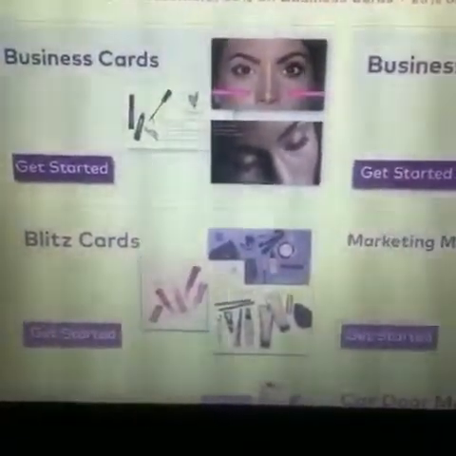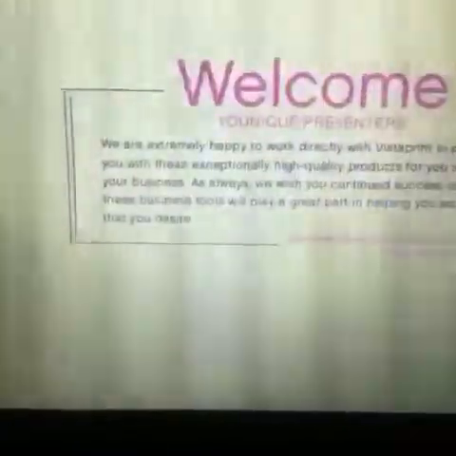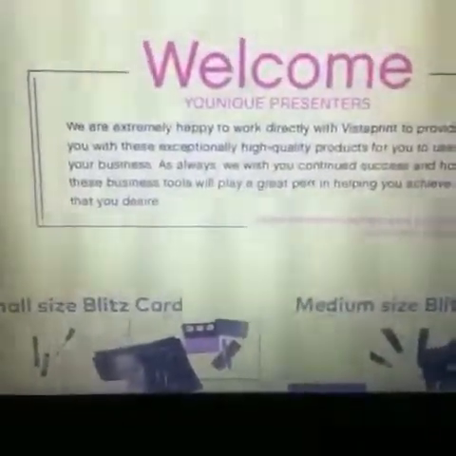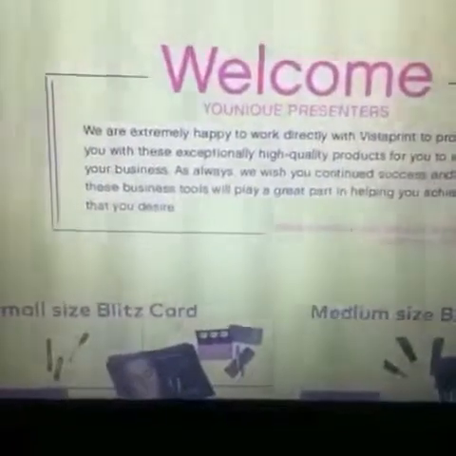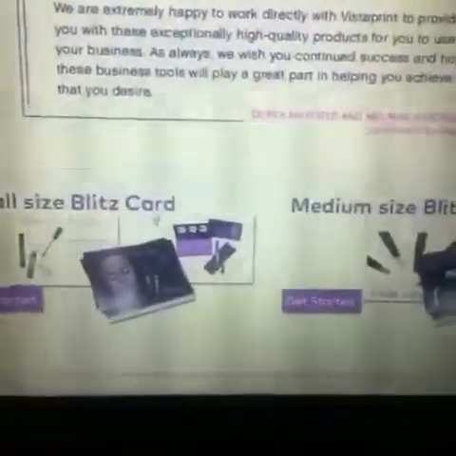Business cards, Blitz cards. These are probably my favorite things for your business. I'm just going to show them to you because they're the most amazing things. So Blitz cards. And I do the medium size cards because they're a bit bigger. And with the medium size,